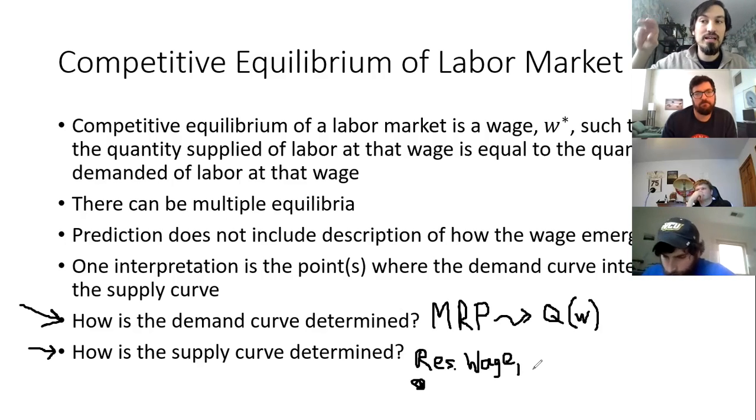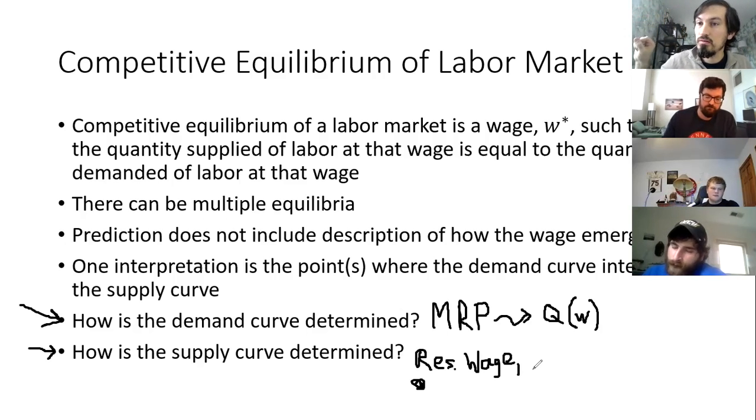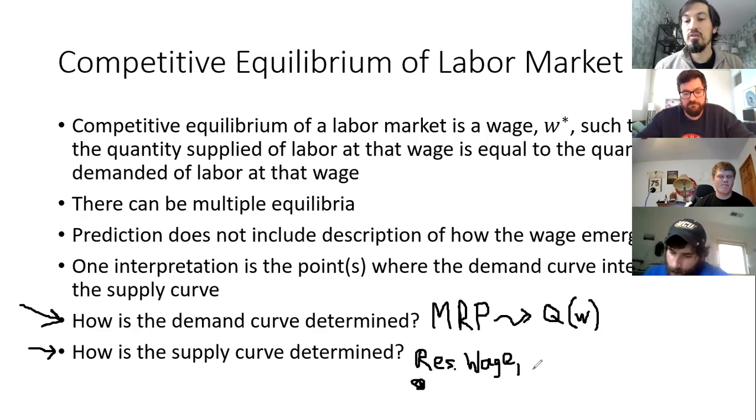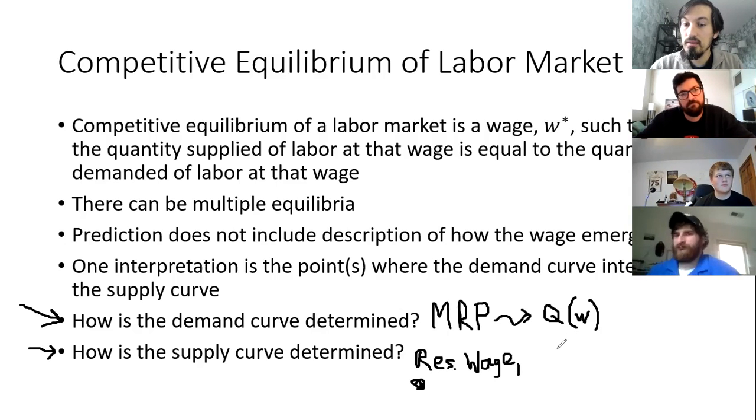It could be that your outside option, if you're in landscaping, is to work as a server in a restaurant, or it could be to be a lifeguard, or it could be to not work at all, or it could be to go to grad school, or undergrad and then grad. Those count as outside options too. And so once we get to that point, we're no longer talking about dollars. We're only talking about utility.